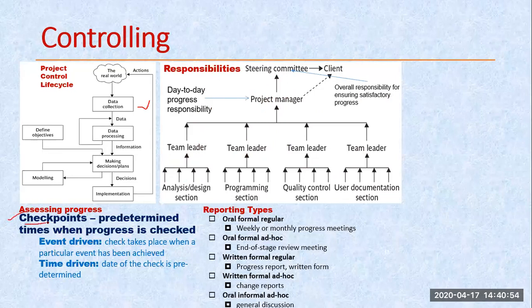Assessing method, one is the checkpoints. Checkpoints are nothing but predefined times, or you can say we have already defined certain indicators within my plan. When we reach up till this, then we test whether my plan matches my expectation or not. There are two types of checkpoints. One is event driven, another one is time driven. When this much time has passed, then only we are able to judge ourselves whether we have reached that point or not. Or we can say when we reach that point, then only we check the time whether this is appropriate or not. So in both ways we are comparing these two things.